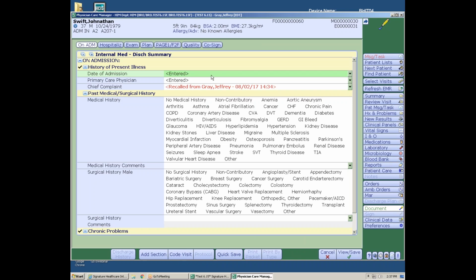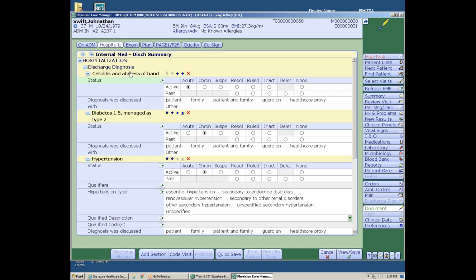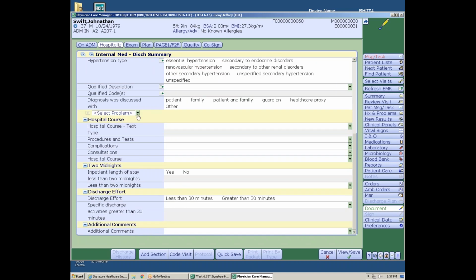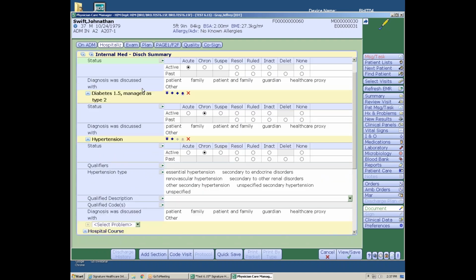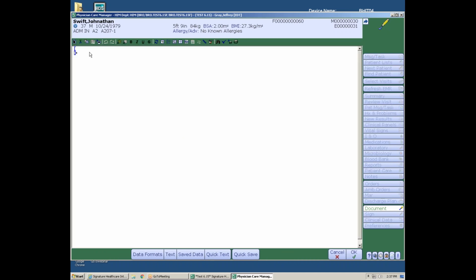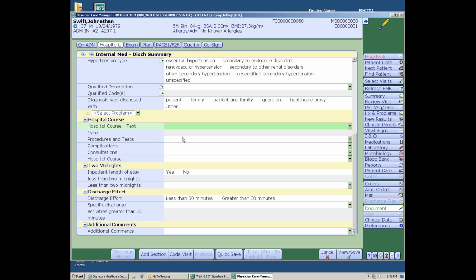On admission, anything that's done from the HPI and the history and physical will flow in. The hospital course, and you can see the diagnoses we spoke about earlier that the patient was treated for, would then have the ability to add or change any of these ICD-10 codes. I would then go to the hospital course. Again, free text. Utilizing Dragon, I'm able to dictate the hospital course. Once I've done that,